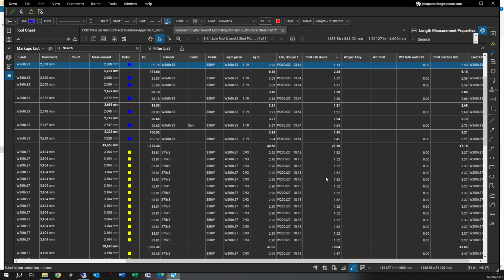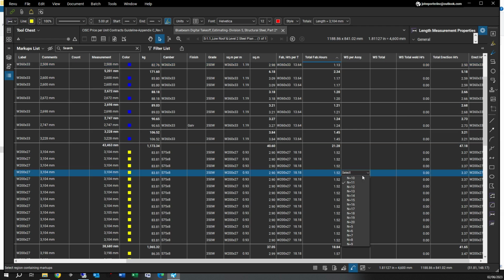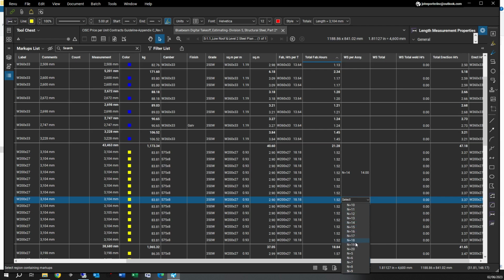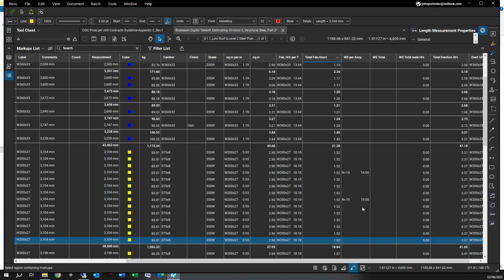Again, some of you out there might like to use hours per assembly, which is no problem, or whichever way you would like to set it up where we're able to modify that for you guys there. So we have our welded studs per assembly. So say we need to add some studs on some beams. Again, we just need to go in there,